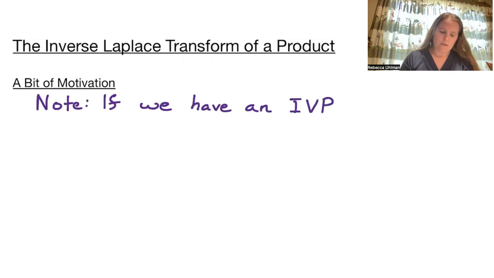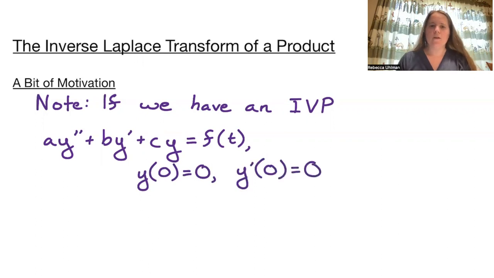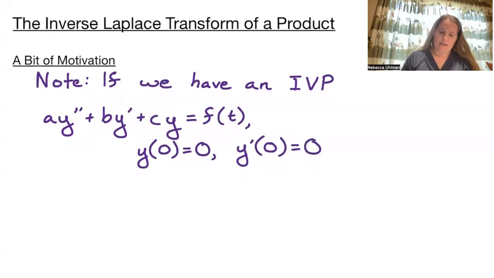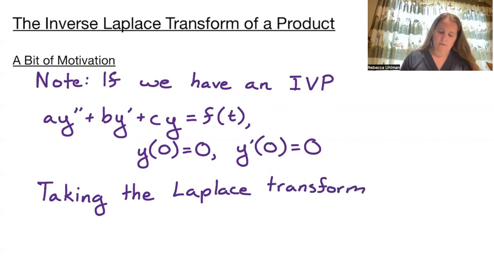of the form a y double prime plus b y prime plus c y equals f of t with initial conditions y of 0 equals 0 and y prime of 0 equals 0. Then, taking the Laplace transform, we get